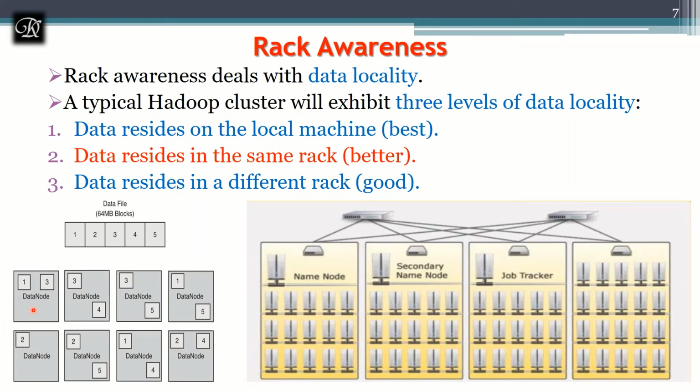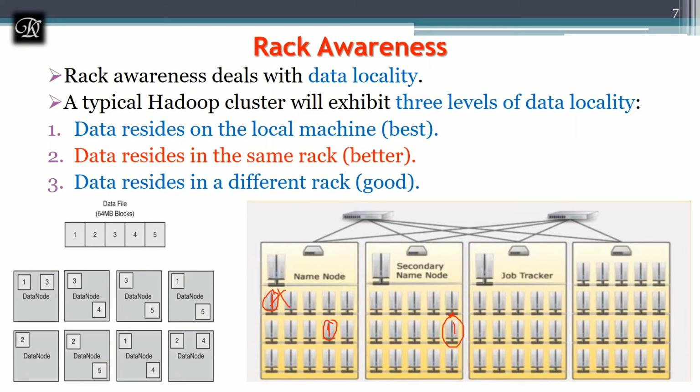Now you can take block number 1. It should reside one copy over here, at least 2 copies somewhere else, or else 2 copies over here and 1 copy somewhere else. That is how it should go. Why? Because if one data node fails, for example, consider I have block number 1 over here, and block number 1 somewhere over here also, and block number 1 somewhere here. So now if this data node fails,